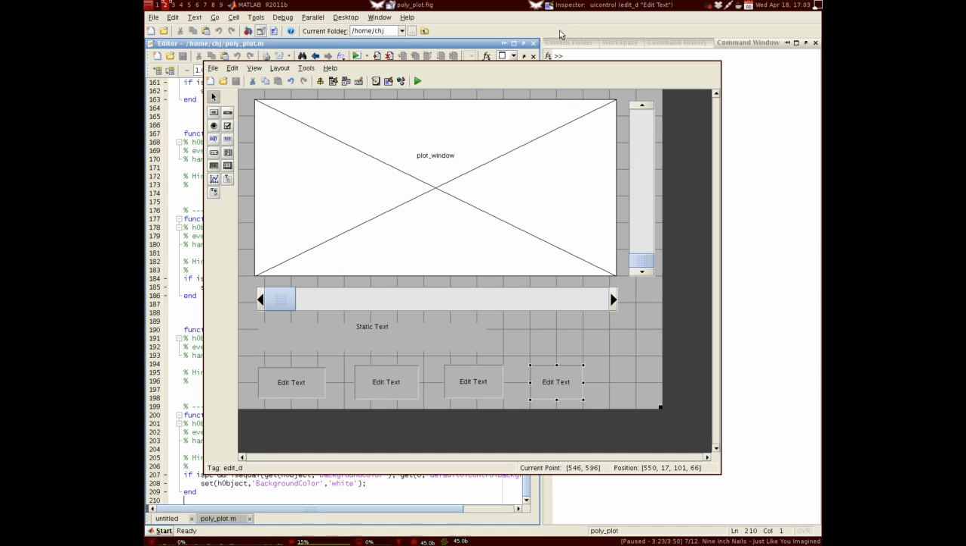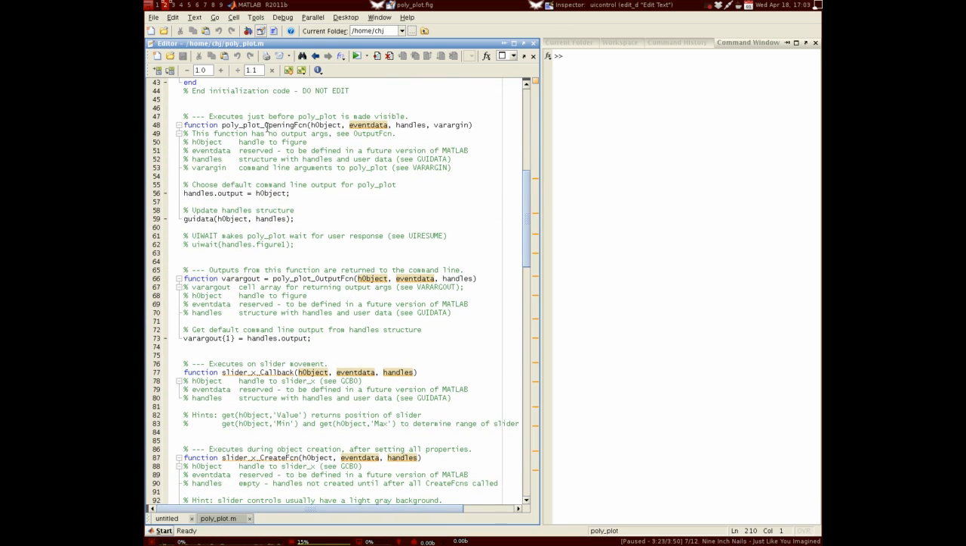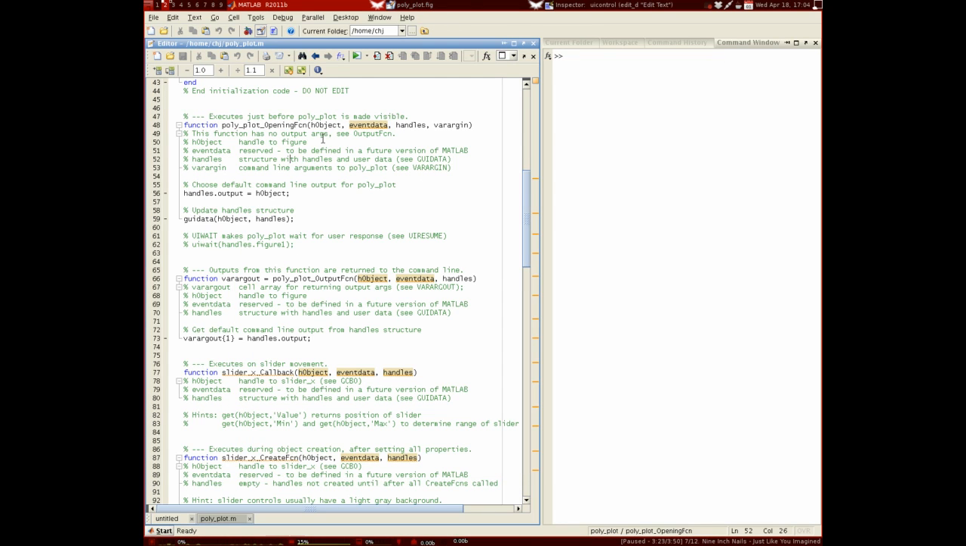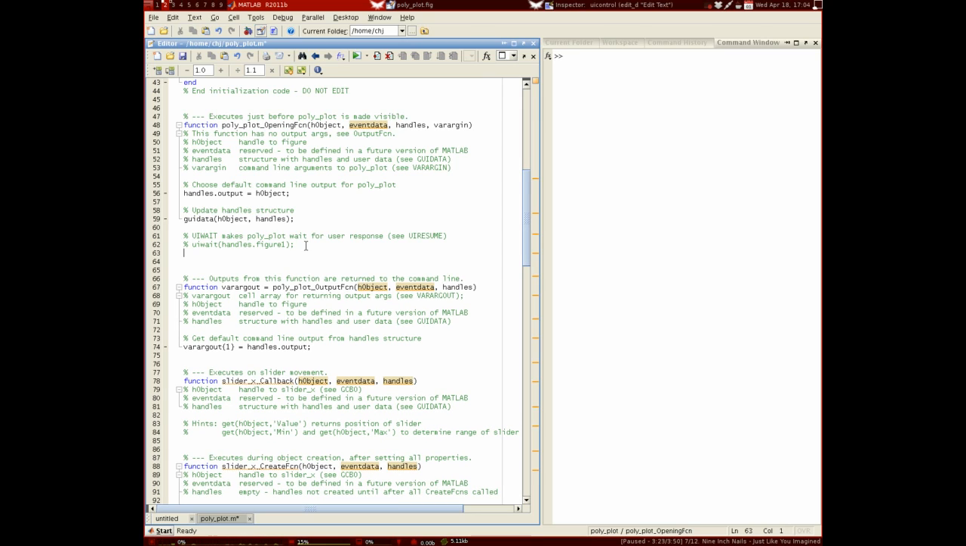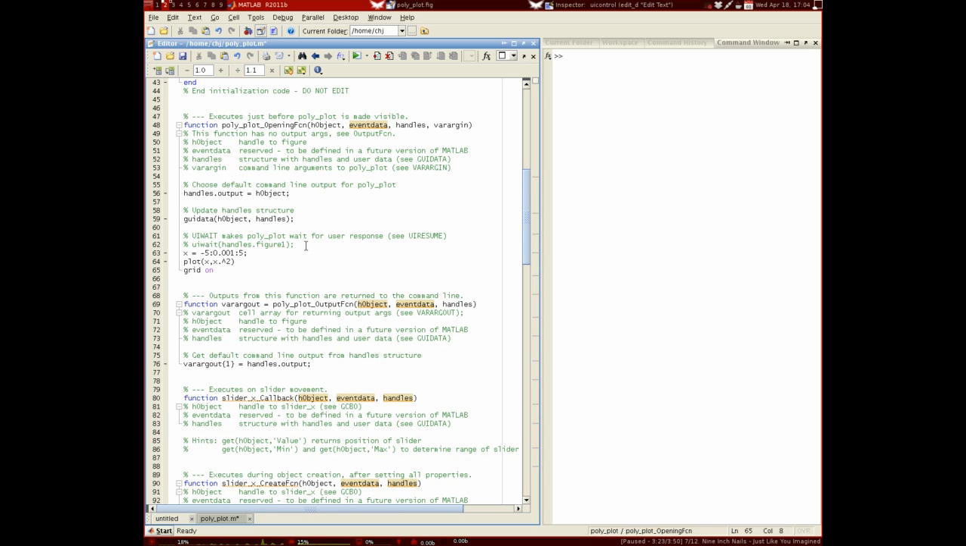So what should we do if we want to get this to plot right at the start? You can come to this function here, the opening function. So when the figure is created, it says it executes just before polyplot is made visible. So polyplot is the entire figure, yes, polyplot.fig, and this controls what we see when the figure is created. So I can make an X vector like we've done many times before. I'll just go from -5 to 5. I'll plot X against X squared, and I'll put a grid on as well. So if I run that,